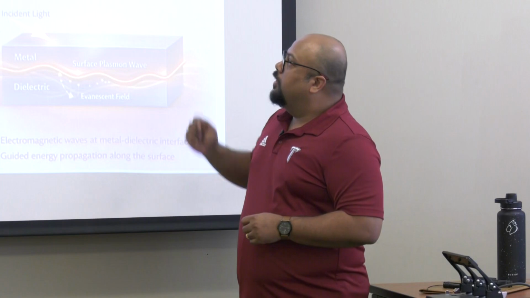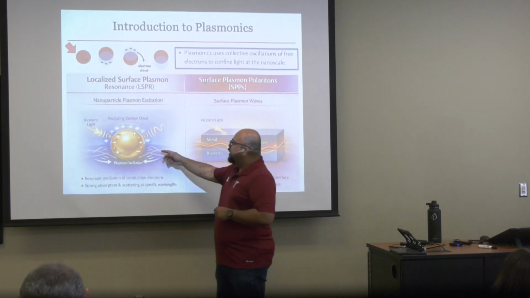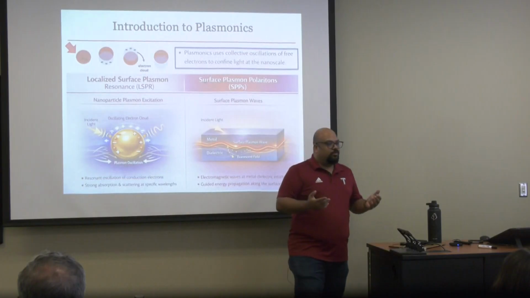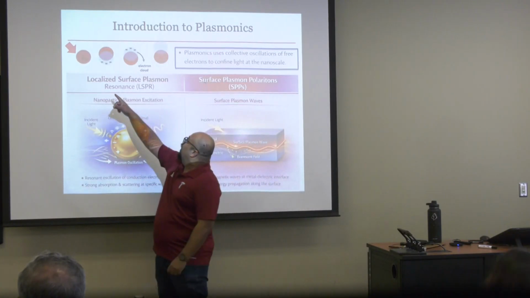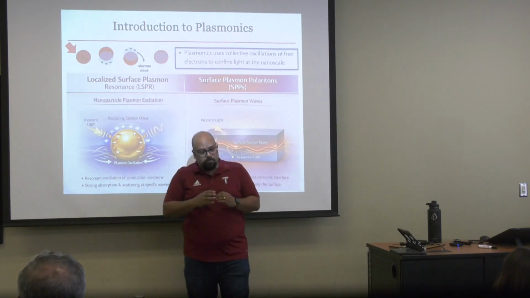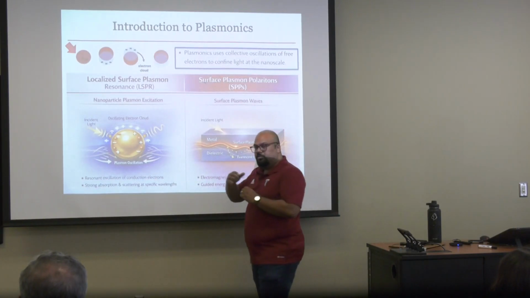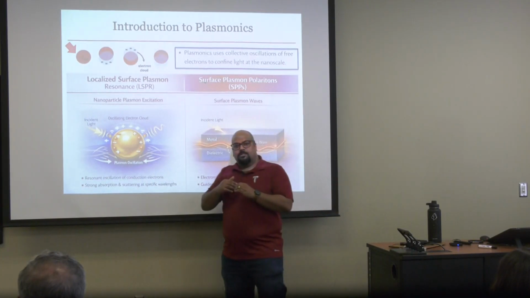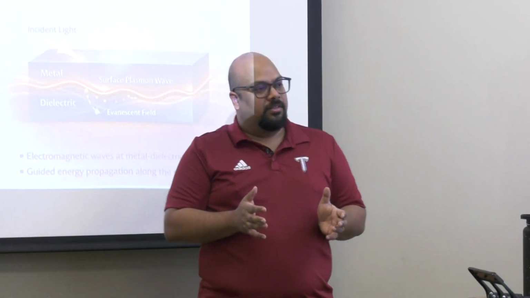Now, this field actually has two divisions. One is called localized surface plasmon resonances. What does that mean? Let's say you have a particle, like gold, aluminum, or any metal particle. When you shine light on it, the metal has free electrons, so this electron cloud will oscillate, right? As you see in the animation there, it just oscillates. The word itself tells you it's like a standing wave. It doesn't move anywhere. It just stays there, you see?